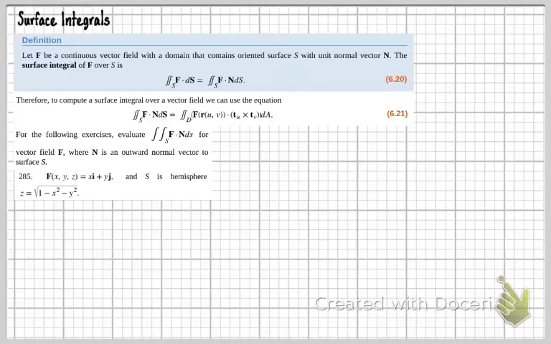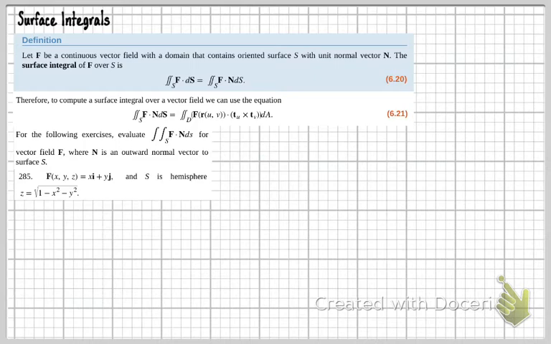Let F be a continuous vector field with a domain that contains oriented surface S with normal vector n. The surface integral of F over S is equal to the integral of F dot dS, which equals F dot n dS. And it says just below, therefore, to compute the surface integral over a vector field, we can use the equation F dot n dS equals the integral of F when we plug in r(u,v) dotted with t_u